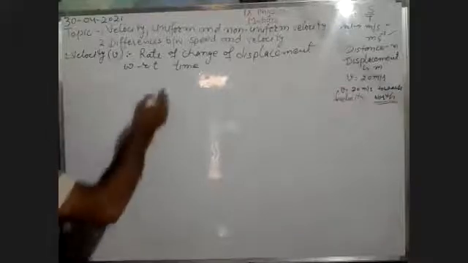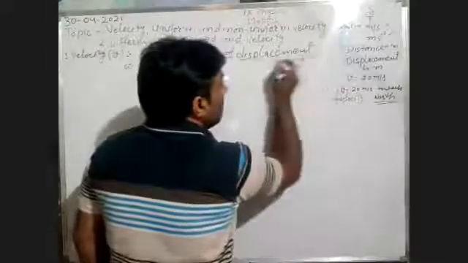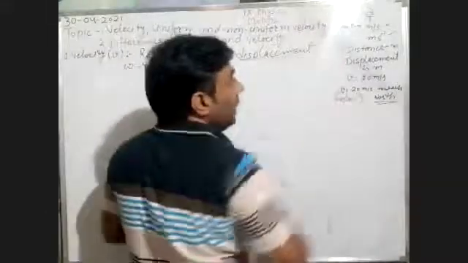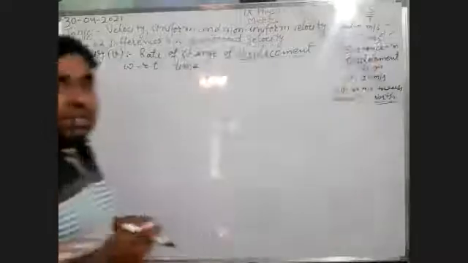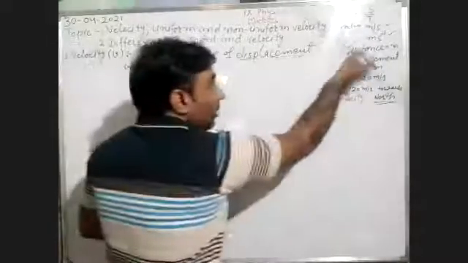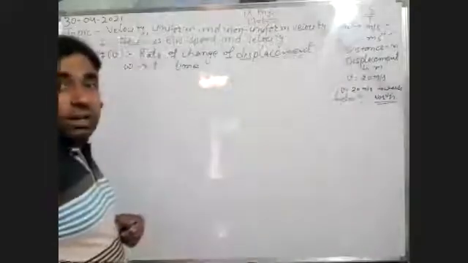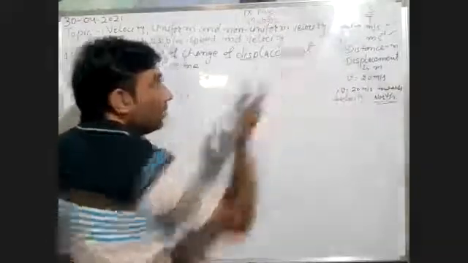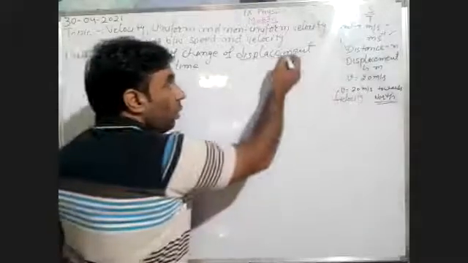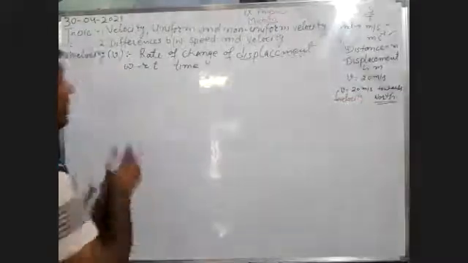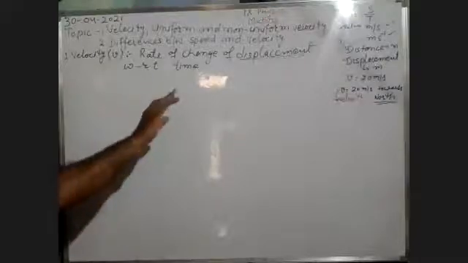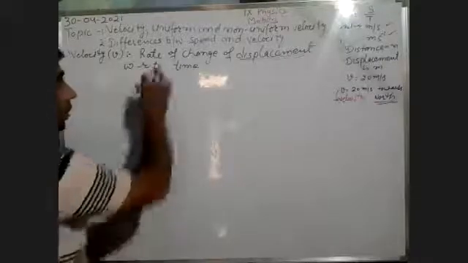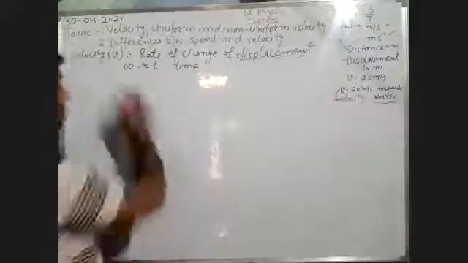To define velocity, we will consider displacement, and to define speed, we will consider the distance. That is the basic difference. Because distance is a scalar quantity, speed is also a scalar quantity. Here we are considering the displacement, which is a vector quantity, so velocity will also be a vector quantity. To measure displacement, we consider both magnitude as well as direction. In the same way, to measure velocity, we consider both magnitude as well as direction. So rate of change of displacement with respect to time is known as velocity.